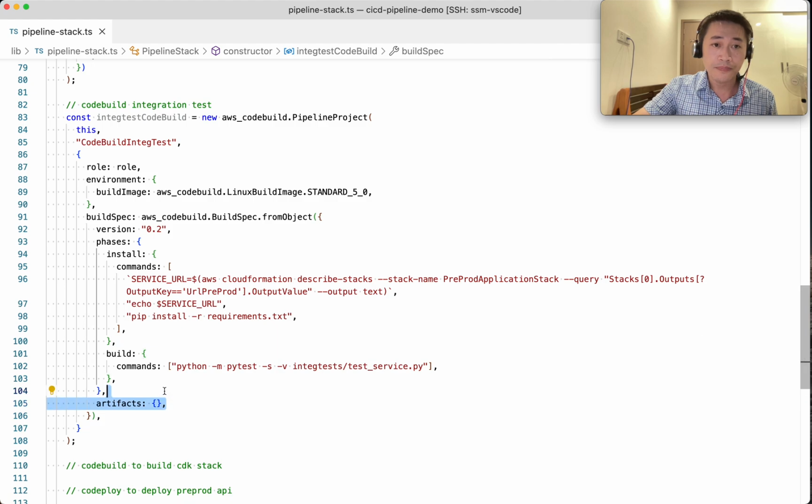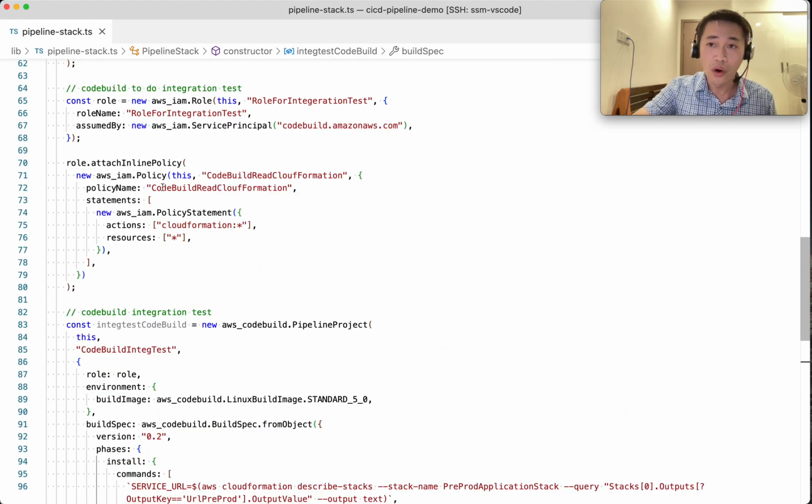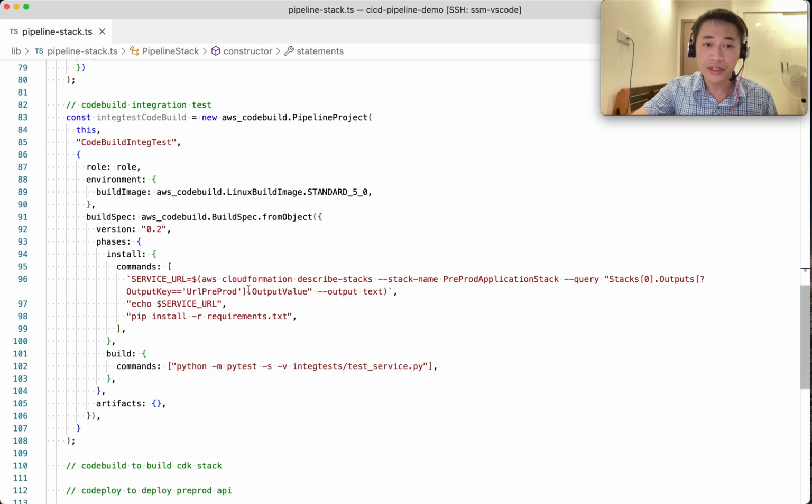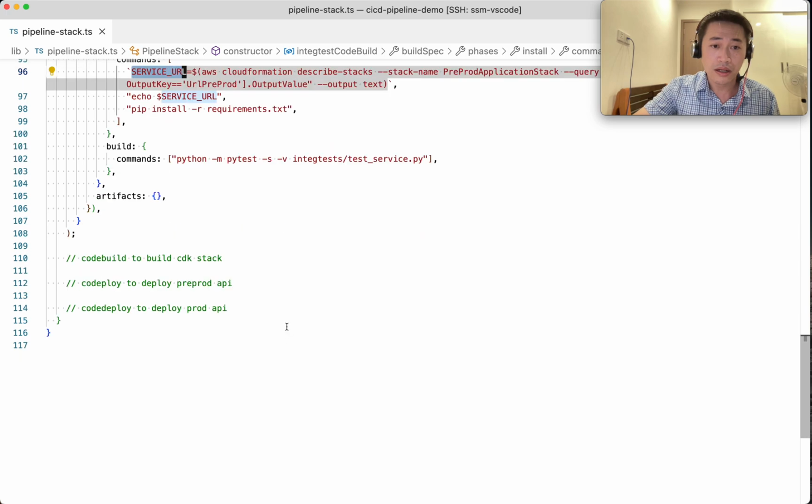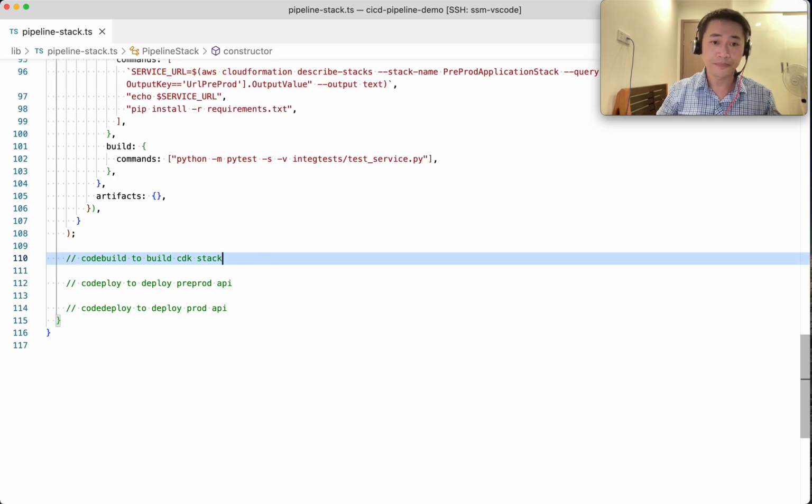So this is it. Therefore I need a role with policies so that this CodeBuild can read stack information from CloudFormation. This is why I need this role. And then I get the API endpoint, and then I do test on that API. So that's it. Now I do CDK